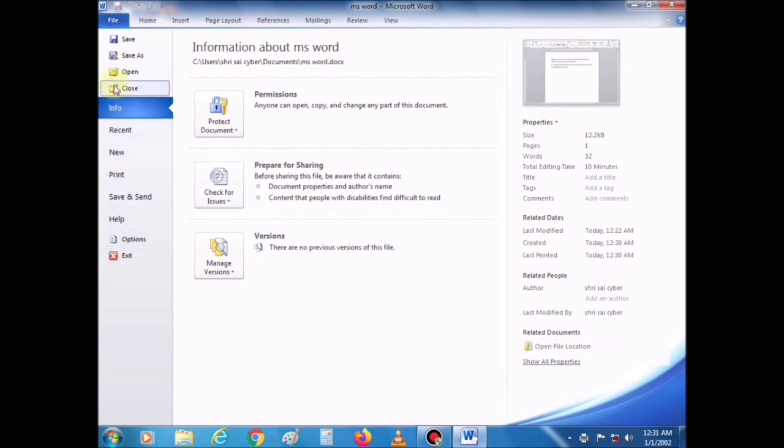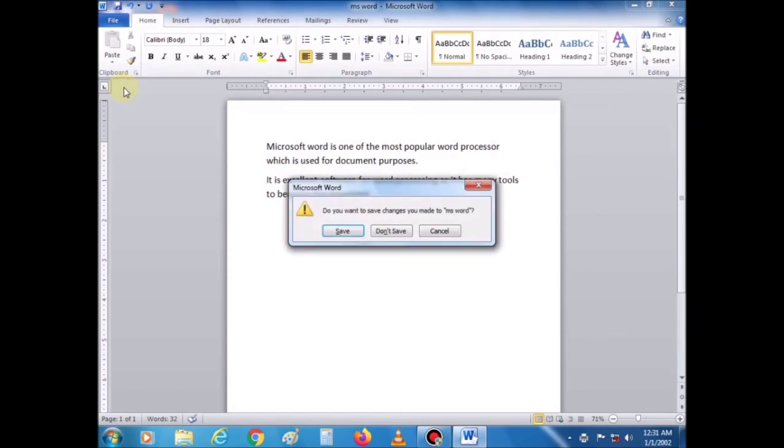Note that if you have made changes to the document but not saved those changes, Word displays a message box that prompts you to save the changes before closing the document. Click Save to save the changes. Click Don't Save to discard the changes, or click Cancel to return to the document.